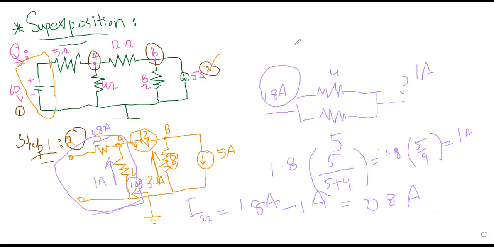So I use the voltage divider theorem here to find the value of current in my respective circuits. So this value will be 1 ampere for the 4 ohm resistance, and for the second one it will be 0.8. Now what will be the voltage value at B? What will be the value of voltage at B, and what will be the value of voltage at A? So how to find it? So for VB,